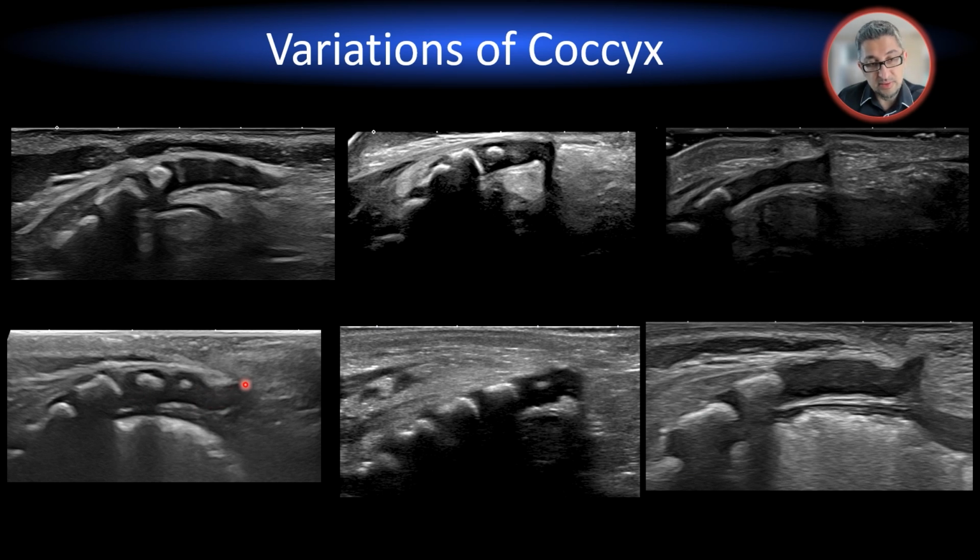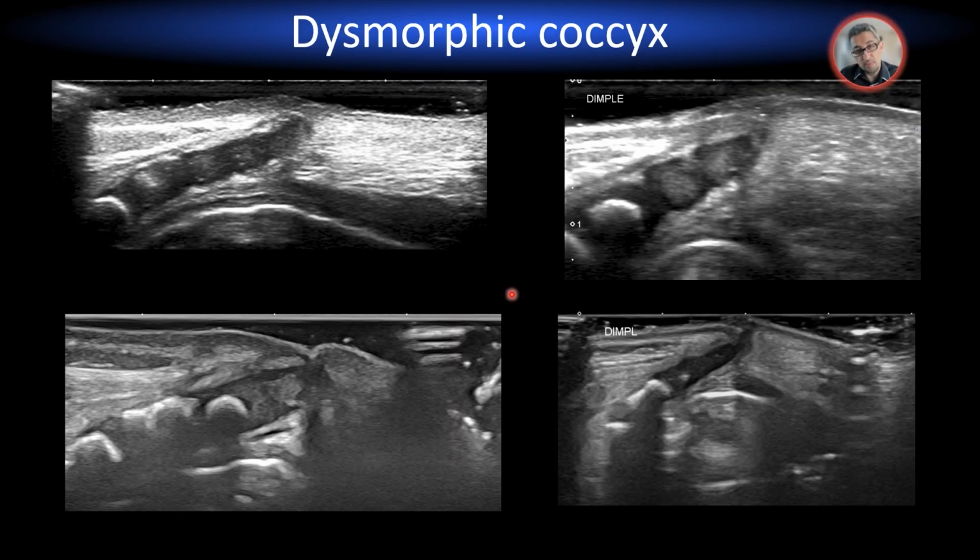It may be very short. Sometimes there is a beak, an anterior beak, as you see here. Sometimes there is a dorsal angulation and dorsal beak. These are some variations, but some of them are more severe, and we can call them dysmorphic coccyx because